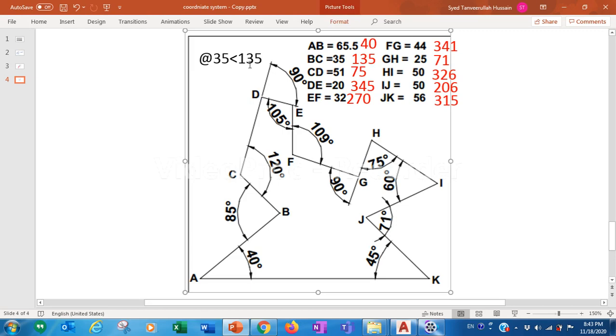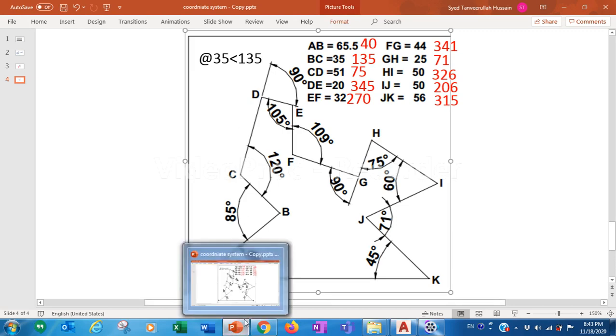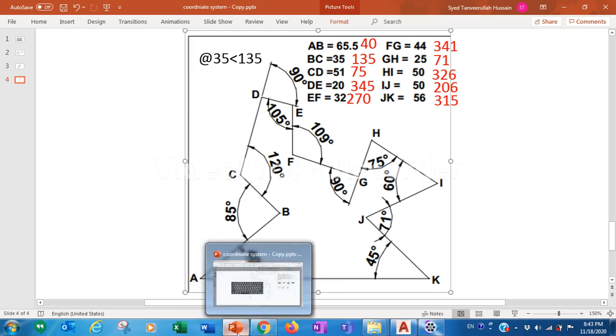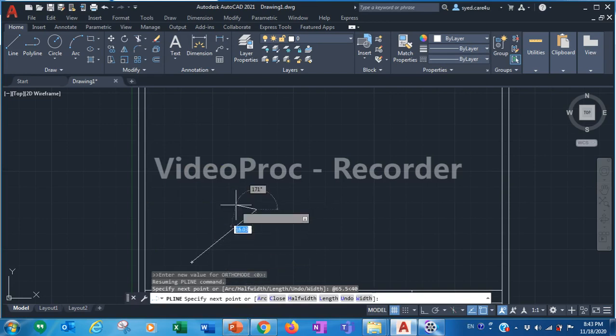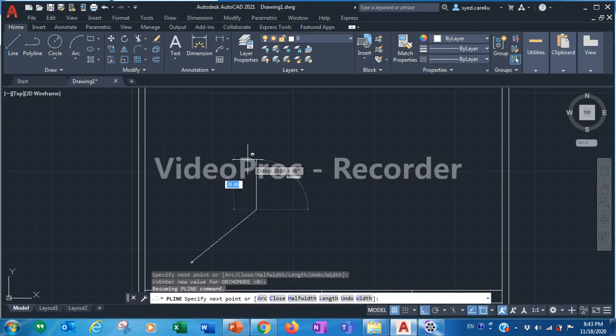Okay, @ 35 less than 135. So type shift number 2, then you will get the @ symbol. What is the length? 35. Then press shift less than 135, then press enter. So the second line is also finished.